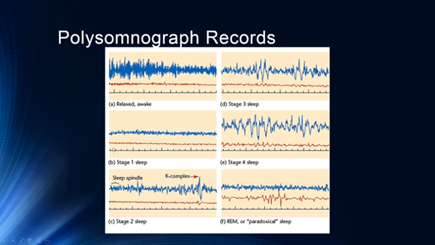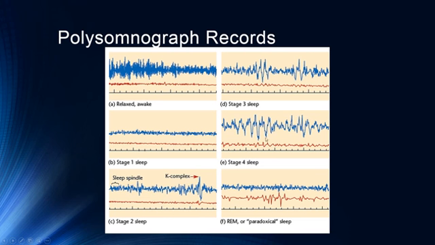Then we get into stage 1 sleep, lower voltage, but still fairly regular activity. So we start moving into stage 2 sleep. We start to get these sleep spindles and these K complexes. The K complexes, as you can see, are really part of what characterize the deeper wave stage 3 and 4. So they're a sign of this transition into 3 and 4. And then by stage 4, we're in this deep slow wave